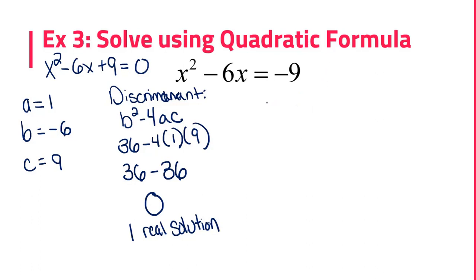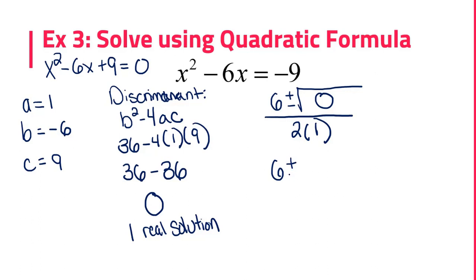Okay? So now let's plug in the rest of our quadratic formula. So the opposite of b, which would be a positive 6, plus or minus the square root of my discriminant, which is b squared minus 4ac, which we found to be 0, all over 2 times my a. Now, let's simplify. Square root of 0, that's 0, right? So technically, this is 6 plus or minus 0 over 2. Well, 6 plus 0 and 6 minus 0, that doesn't really affect us. So 6 over 2, my answer,